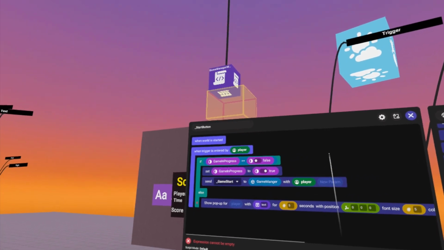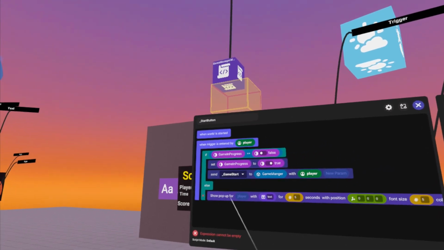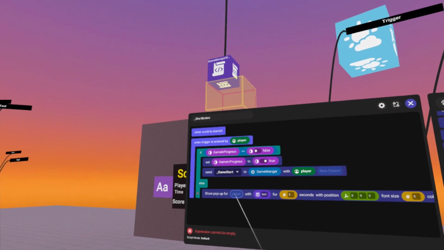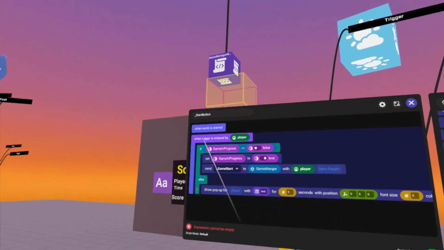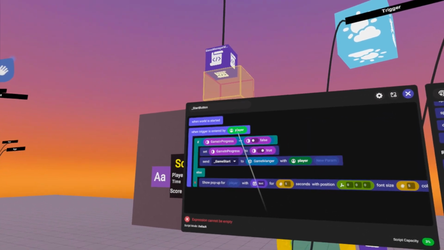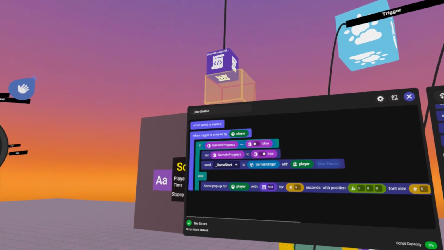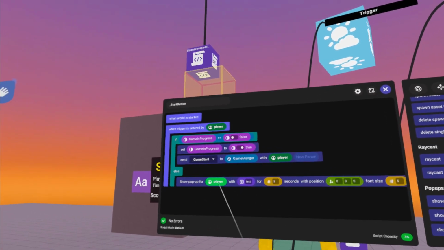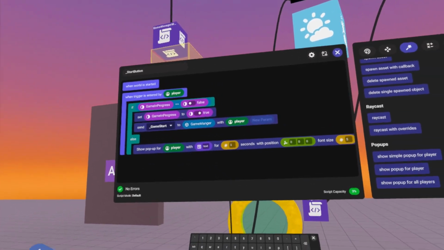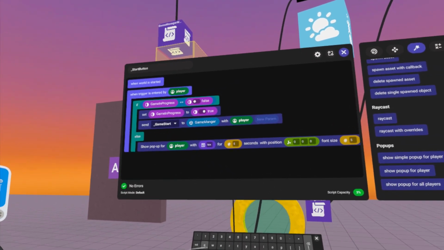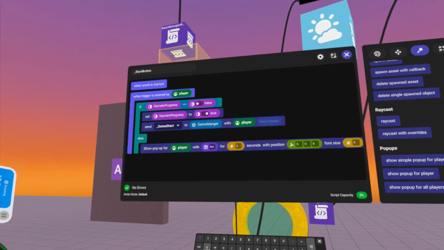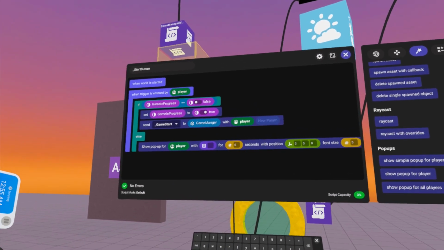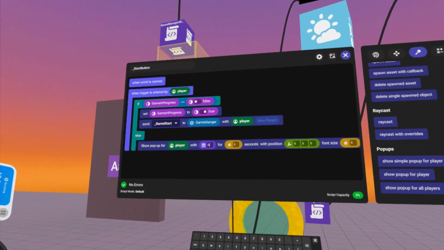Okay. And now it says show pop-up for, and there's an empty player pill. Let's go ahead and grab that when trigger is entered by player. Let's grab that green pill and plug it into show pop-up for. And then it says show pop-up for player with, and then text. You can go ahead and delete that, go inside of that and erase the text, and we're going to replace it with, type out, game